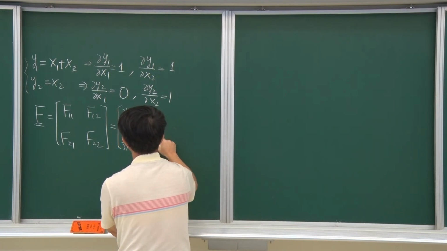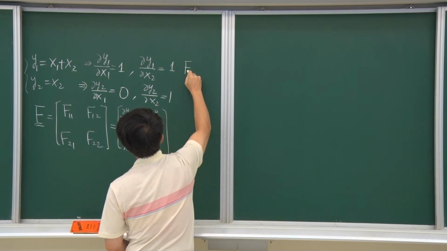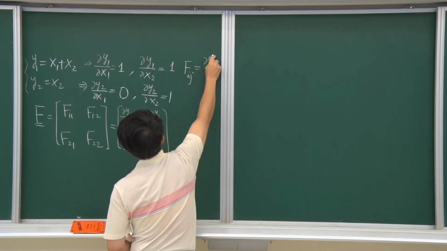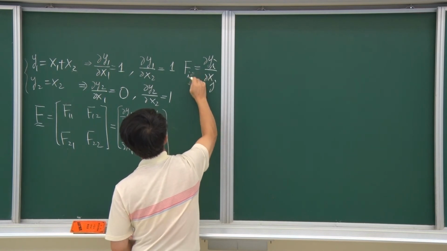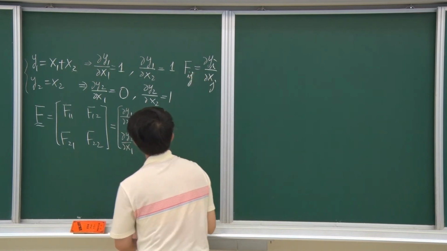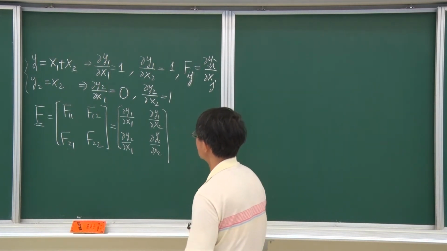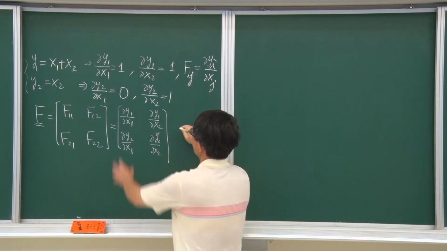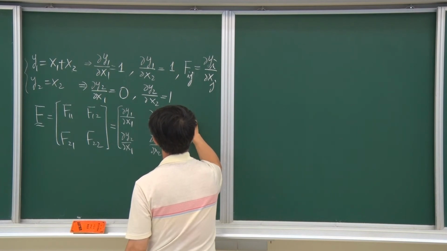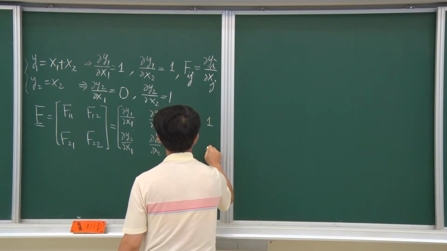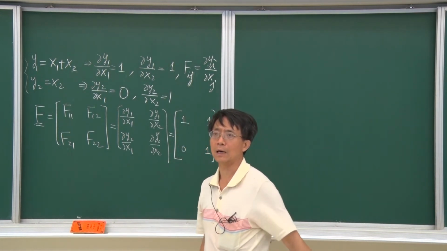F22 is just like this. In fact, we can use this expression to represent this relation, and we put all these values inside. This is the deformation gradient of this